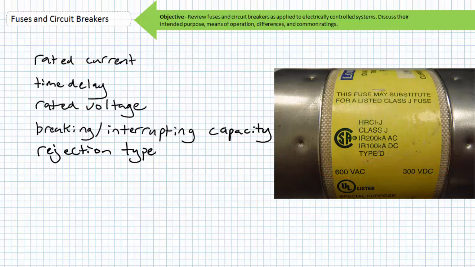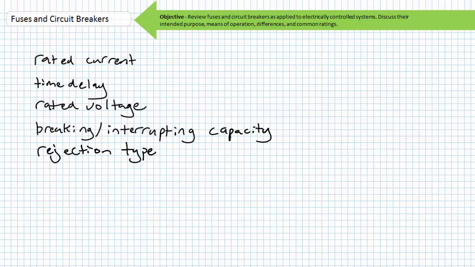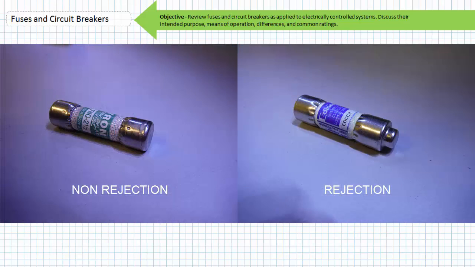Breaking or interrupting capacity. Fuses also have what is known as a breaking or interrupting capacity, which is the maximum current that can be safely interrupted by the fuse. The breaking capacity should be higher than what the power supply is capable of producing during the event of a short circuit. Finally, some fuses are designated as rejection type fuses, in that physical modification of one of the 2